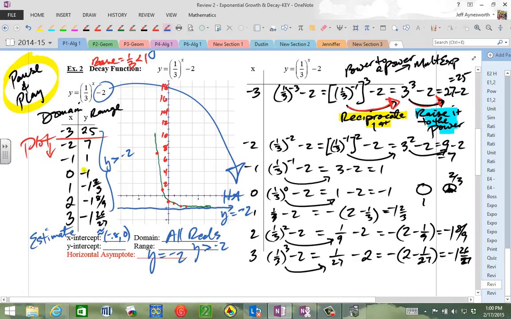Y-intercept, well, that's known. That's right here. Okay, that's right there. So 0 comma negative 1, that's easy to see. And the rest is history. Okay, so this